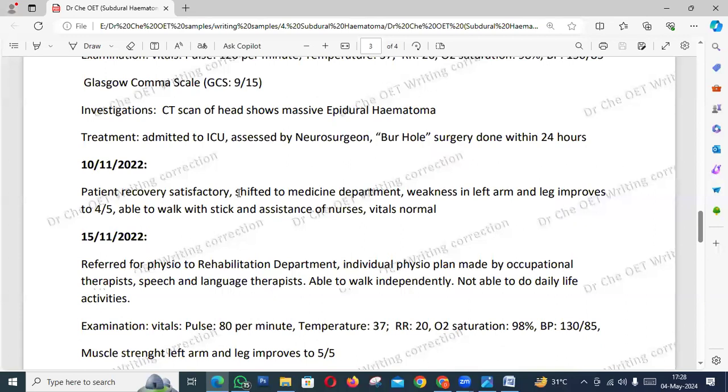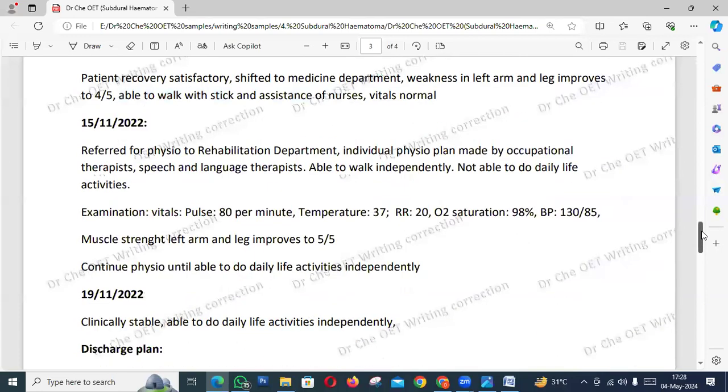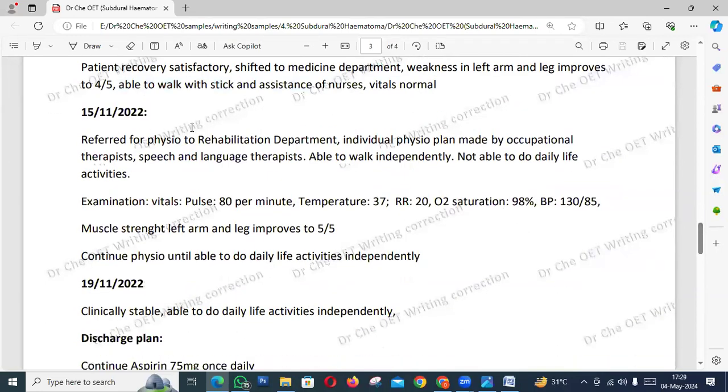Patient's recovery was satisfactory. Patient was shifted to medicine department. The weakness in left arm and leg improves to 4/5. Patient is able to walk with stick and assistance of nurses, and vitals are normal. This is on 10th. Then on 15th of November, patient was referred